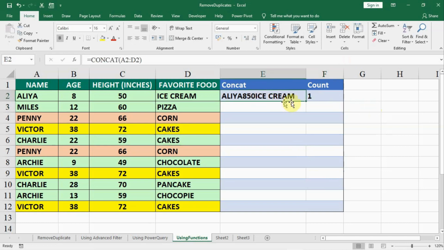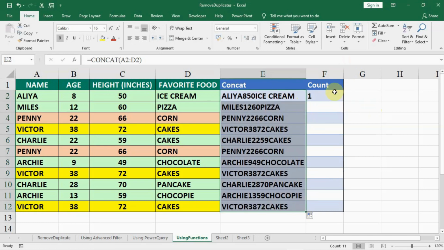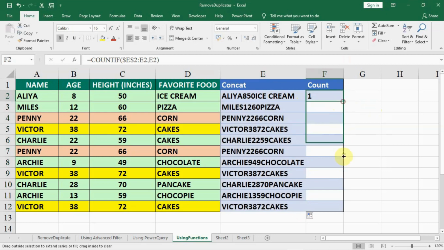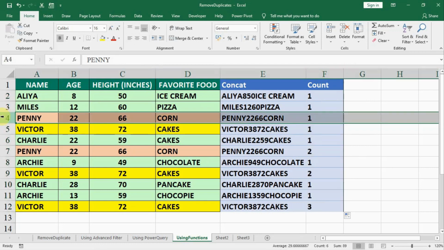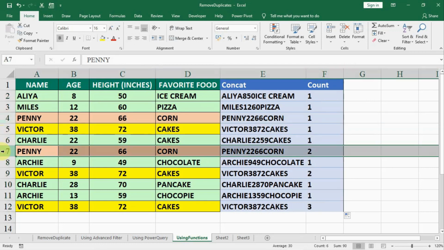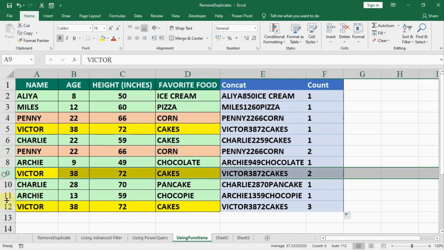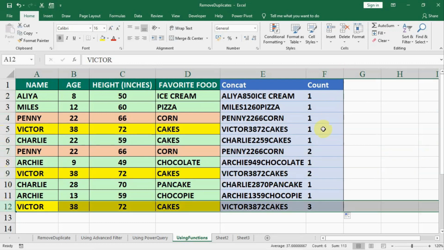Now what we can do is copy our COUNTIF down, and we'll also copy this concat down, and we see here that the values which are duplicate are being counted. Like you see in Penny, in the first instance Penny is only 1, but in the second instance Penny is 2, and similarly Victor is 2 and here Victor is 3. This basically happens due to relative referencing.